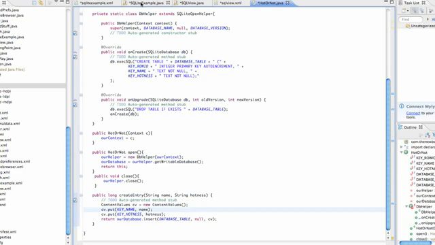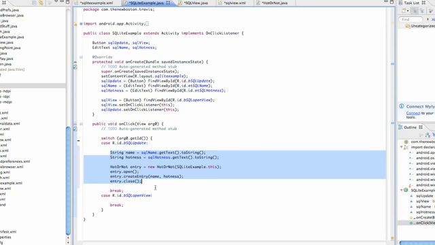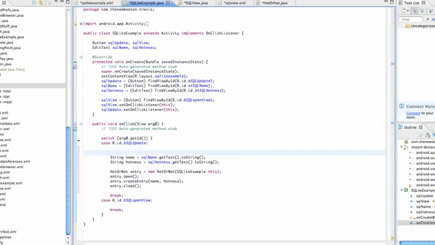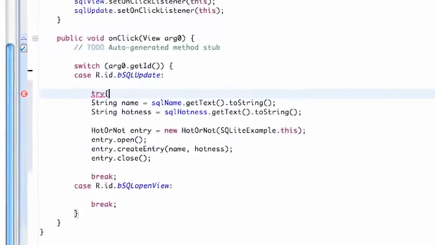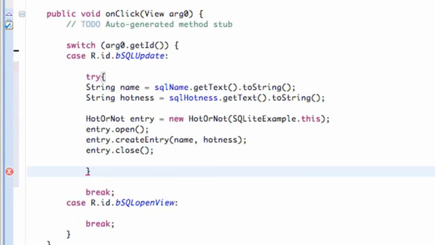So what we're going to do is go to our SQLite example class here, and surround this with a try and a finally bracket, just to make sure something's working. Let's give us some space to work, and we're just going to say try here, and then end our try statement down here. But we're also going to have a catch exception here, and we'll call it